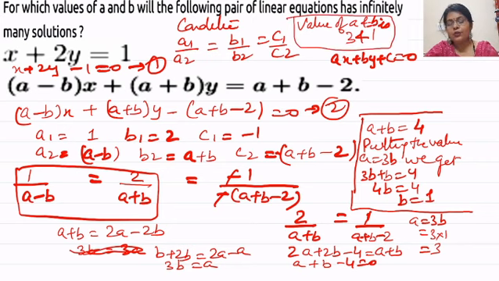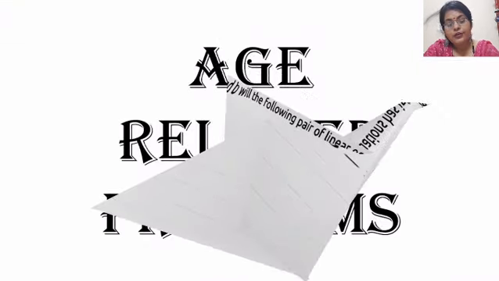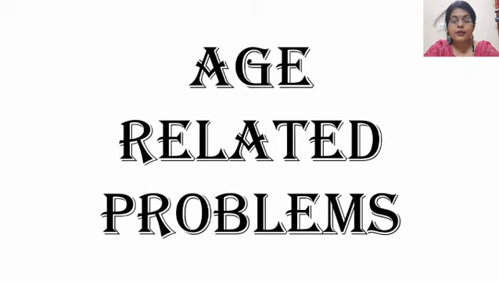So I hope you have gone through this type of question and you will surely do the related questions. Now we shall come to the questions related to age. In class 8, you have studied age related questions and you have done simple questions related to it. The same type of questions are there, only the difference is that in class 8 those were of one variable and in class 10 it is of two variables. You will find similar questions, nothing different.